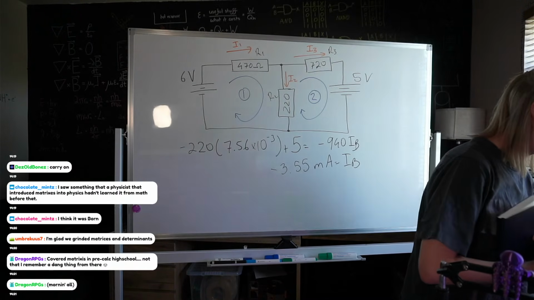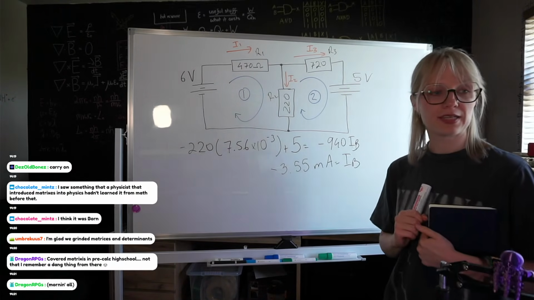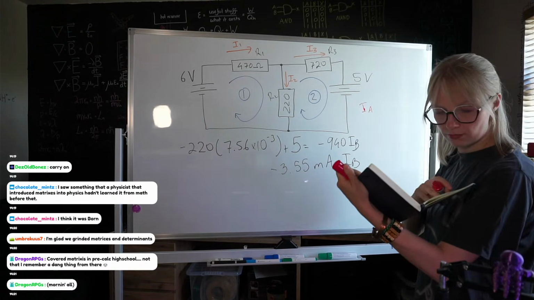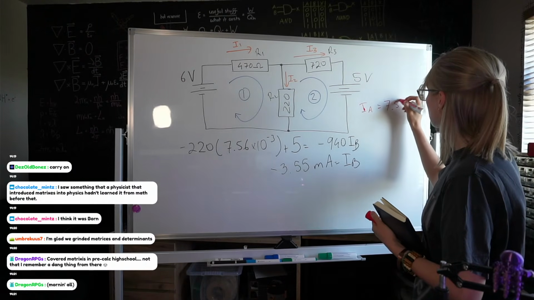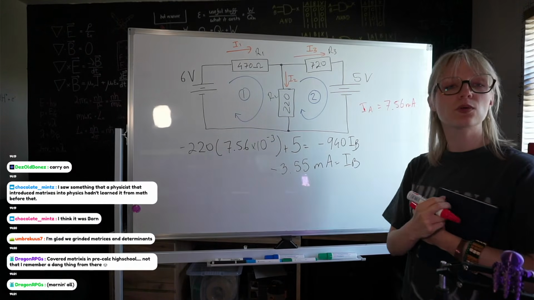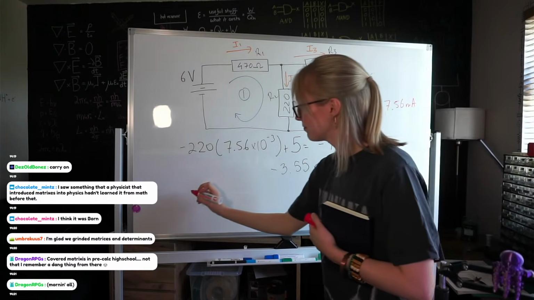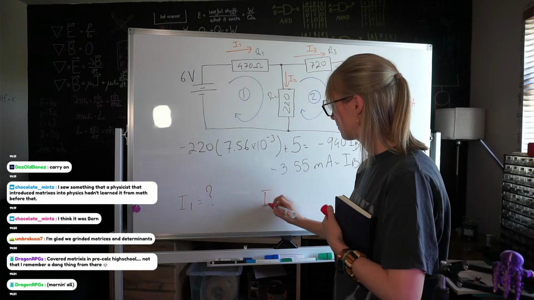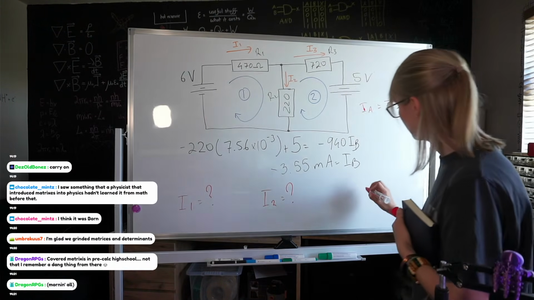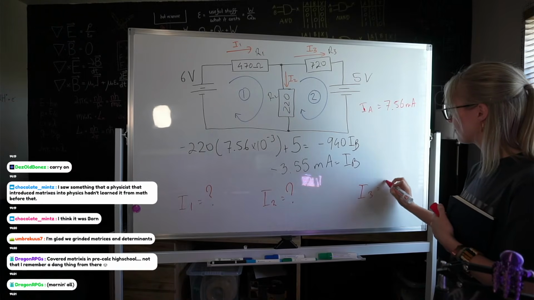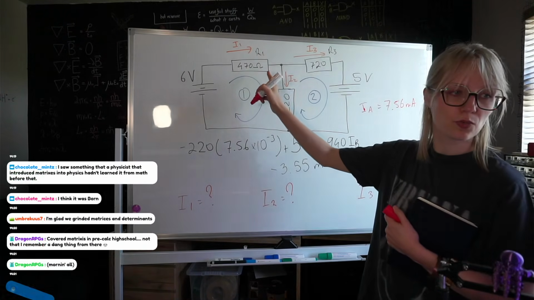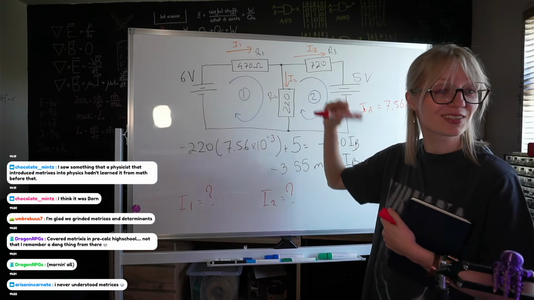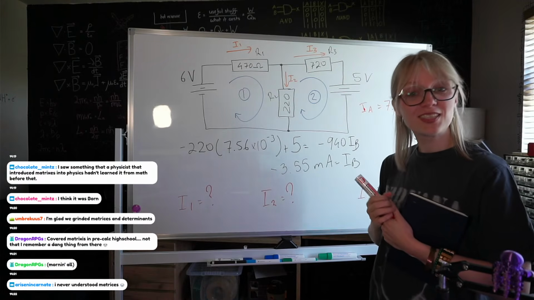Now here comes the question. I just solved for you guys the current going in IA. What was it again? 7.56. Here's the actual ultimate question, lab rats. What is the current going through resistor 1? What is the current going through resistor 2? What is the current going through...? Dun, dun, dun,